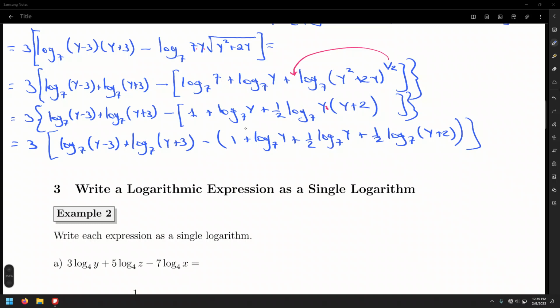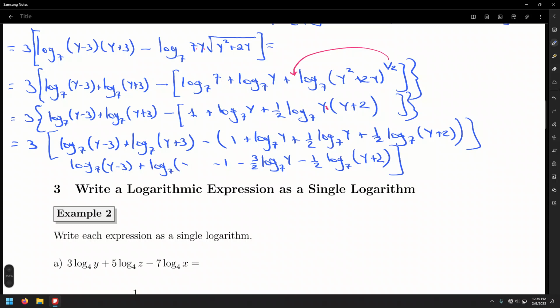So I'm going to distribute -1 minus 3/2 log base 7 of y and minus 1/2 log base 7 of y plus 2. Everything else just remains the same: log base 7 of y minus 3 plus log base 7 of y minus 3, and don't forget that this is still being multiplied by 3. And at this point, we may distribute that 3 that we smacked down from the very beginning, because